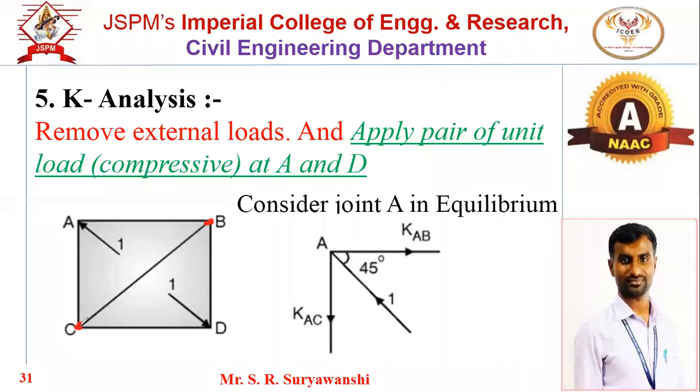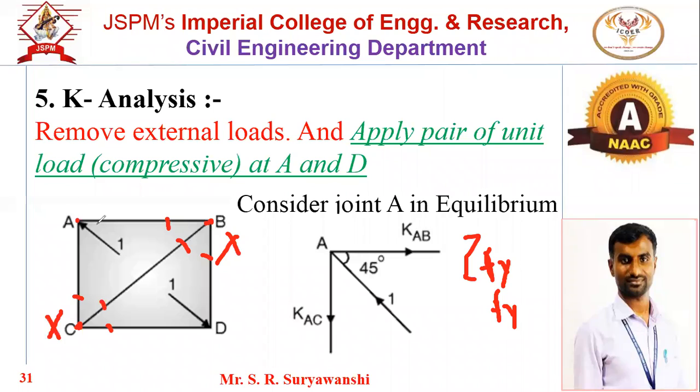C आणि B joint initially आपण घेऊ शकत नाही because if you consider the joint B, there are three members which are unknown. हे unknownच आहेत. तीन मेंबर आहेत आणि ते सगळे unknown आहेत. So in joint method we are having two conditions, summation Fx, summation Fy. We are having only two conditions and three unknowns. So we can't solve using the joint method.